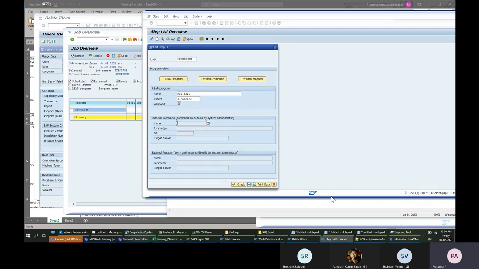If it has to call an OS level command, we can define it here, and that can also be scheduled regularly. If you want to run some OS level commands, we can do it from SAP as well. So these are the other options available. This is about the background job.